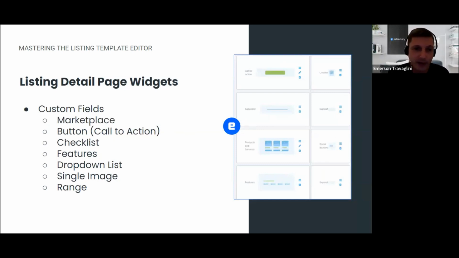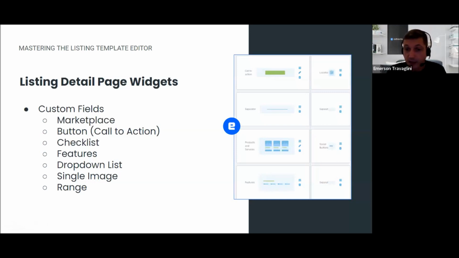We have plenty available, such as the marketplace, where they can have a storefront to display products and services with additional information, imagery. You can use the call to action button, which drives traffic to an external URL. You can have checklist type of fields, features, which is these icons plus text, where the listing owner, the advertiser,